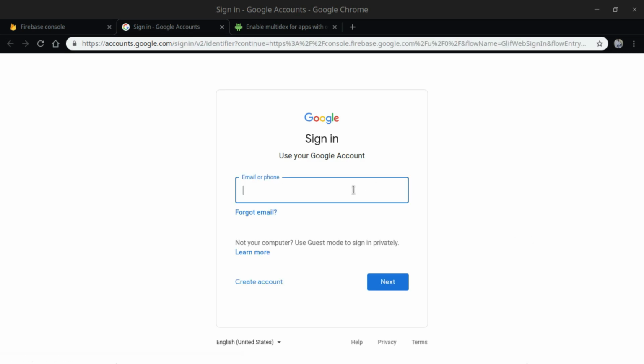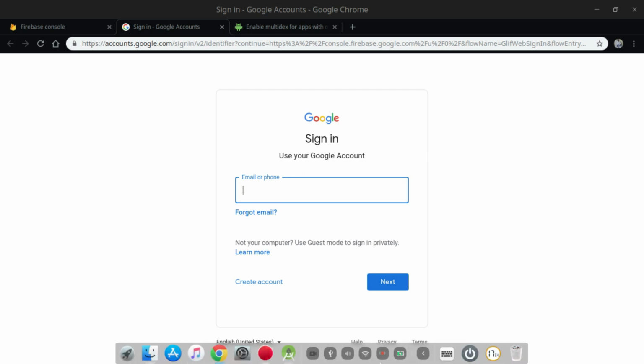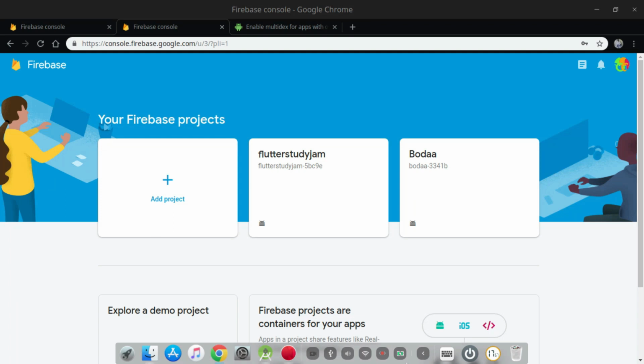Make sure you have logged in with the email that you prefer in your Google account. Once you have logged in successfully with your Google account,